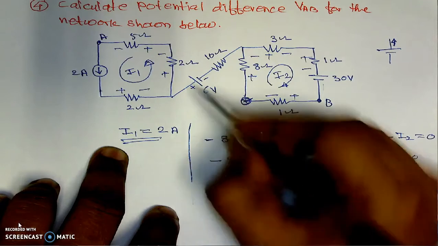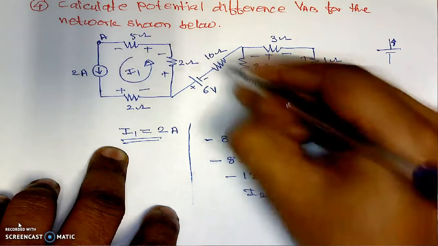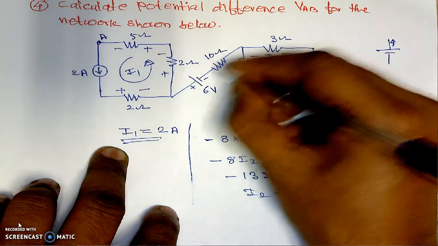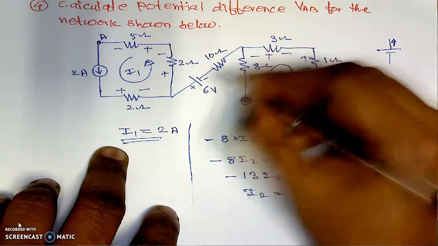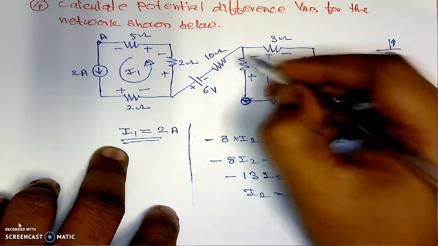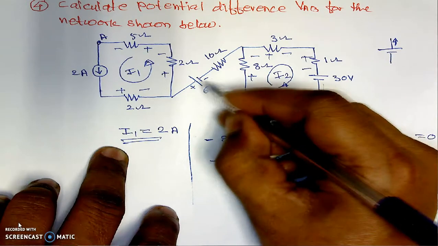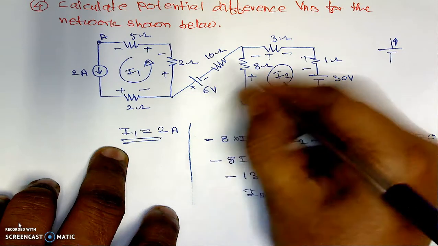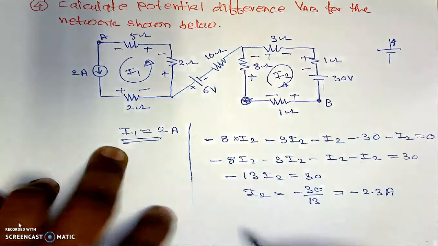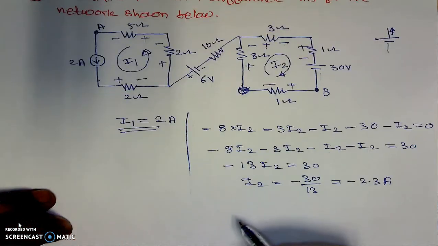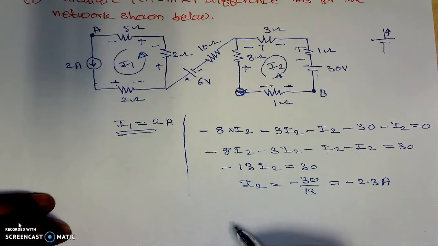That's why whenever such a circuit is there, the current in this branch, that is the current in the 10 ohm resistance, is always 0. But still, the 6 volt potential exists, even though the current in this particular branch is 0. Now here, we calculate the potential